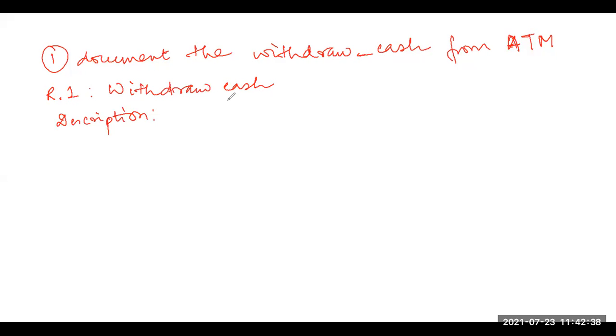After writing each high level function, you need to write the description of that function. Suppose in the description I am saying that the withdraw cash function first determines the type of account that the user has and the account number from which the user wishes to withdraw the cash. Then it checks the balance to determine whether the requested amount is available in the account or not. And if enough balance is available, it outputs the required cash, otherwise it generates an error message.